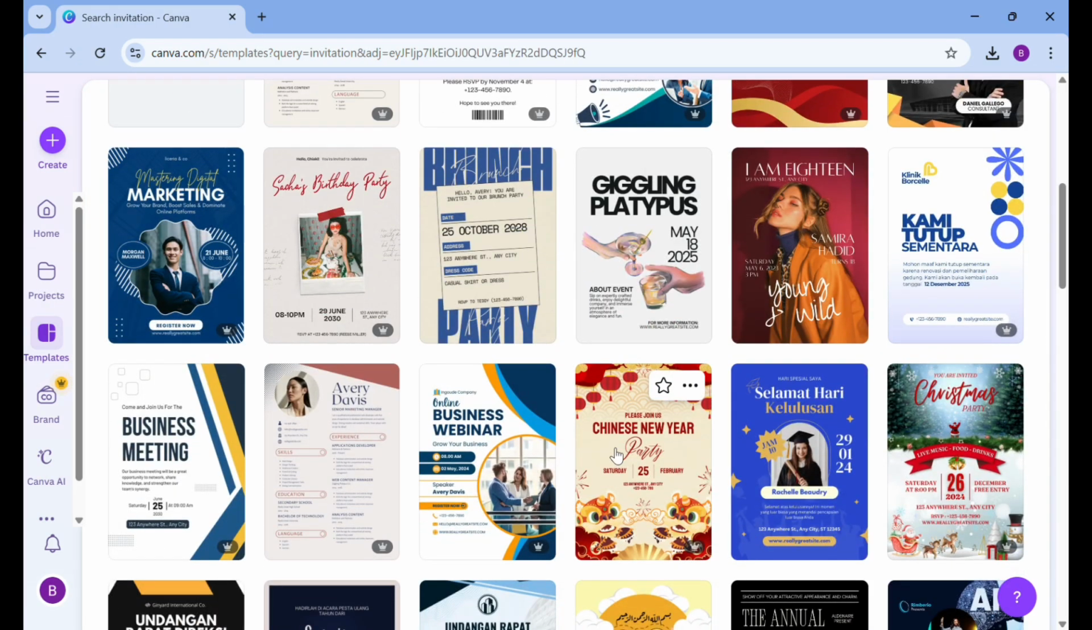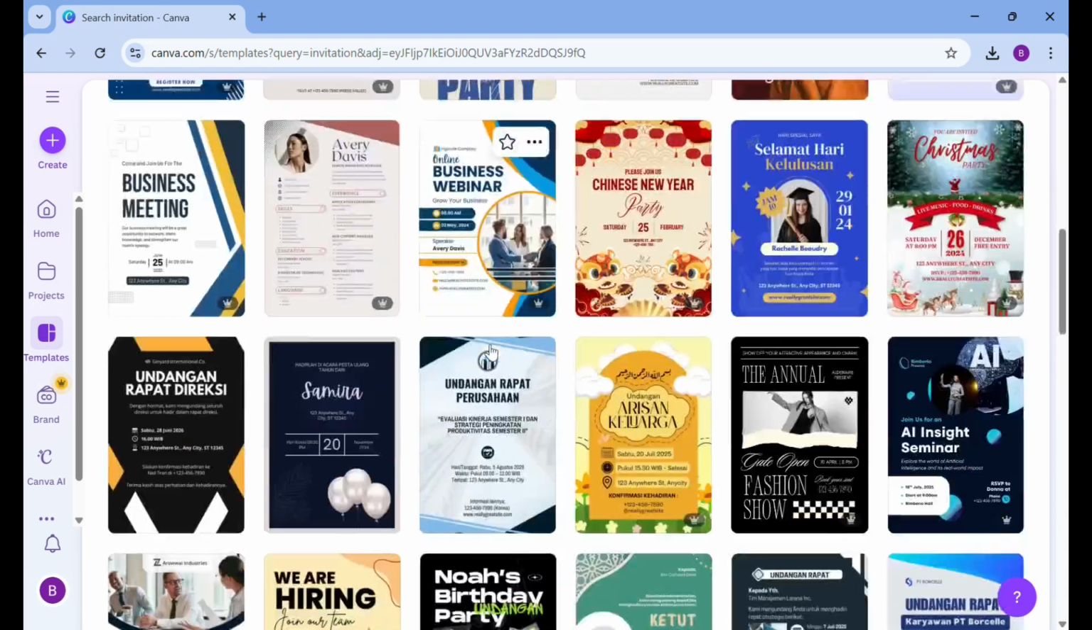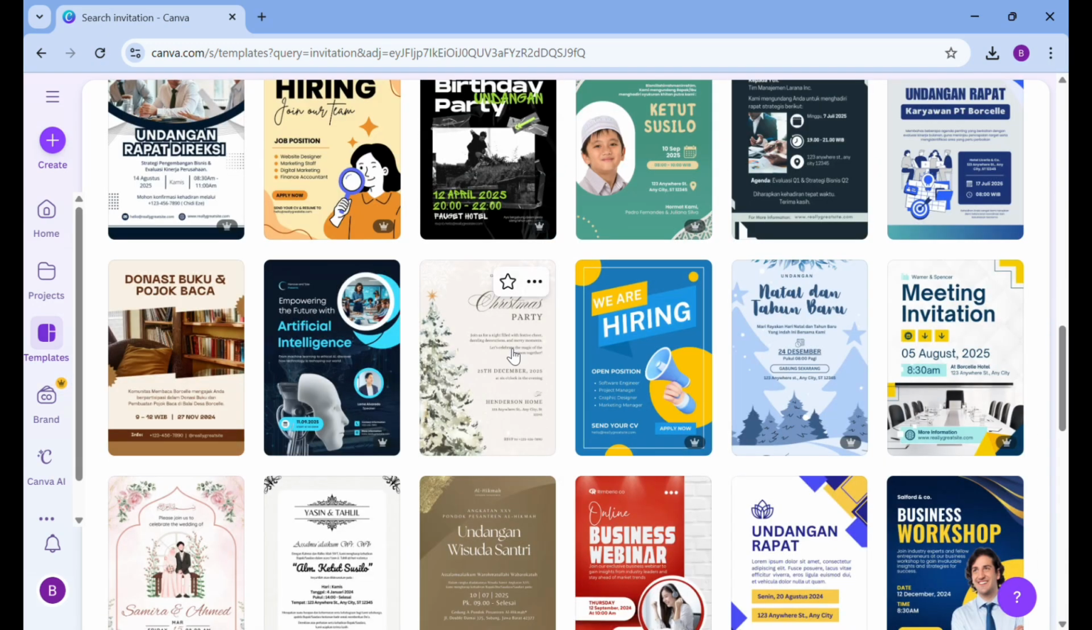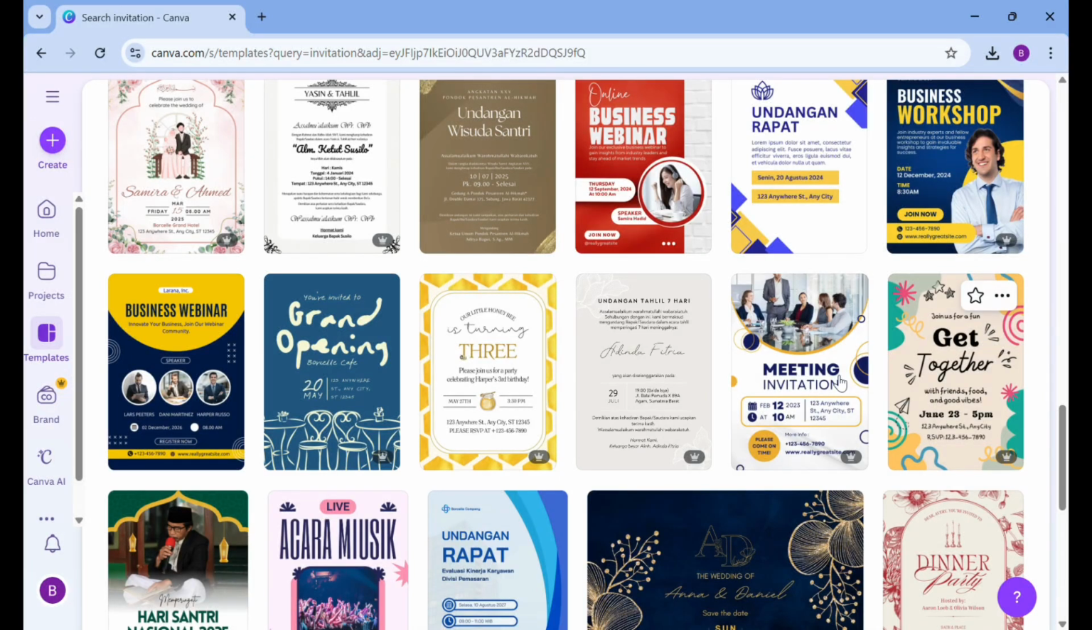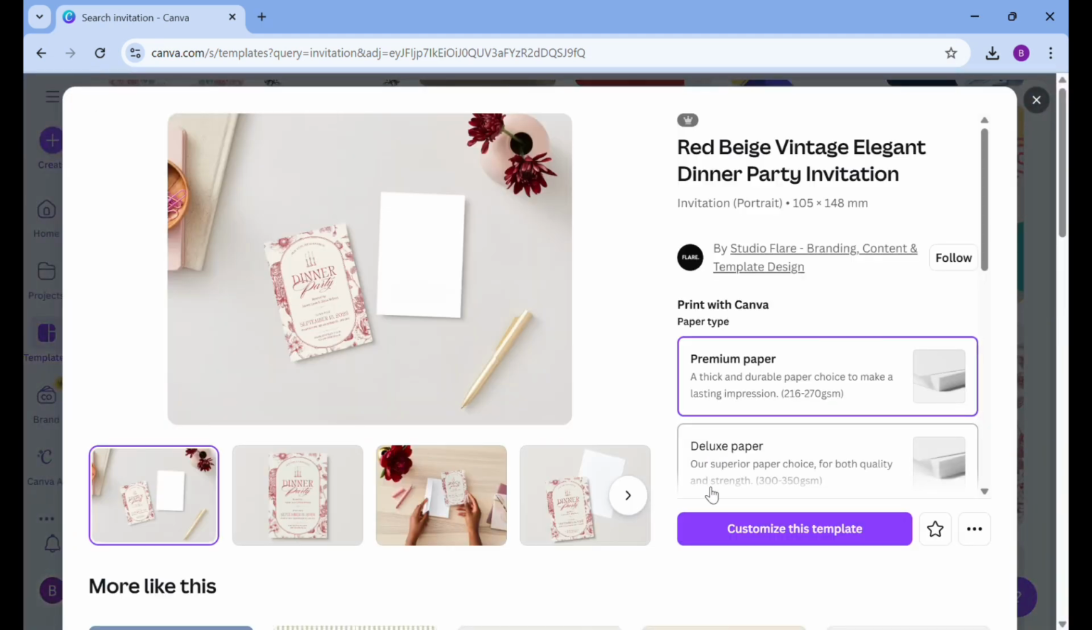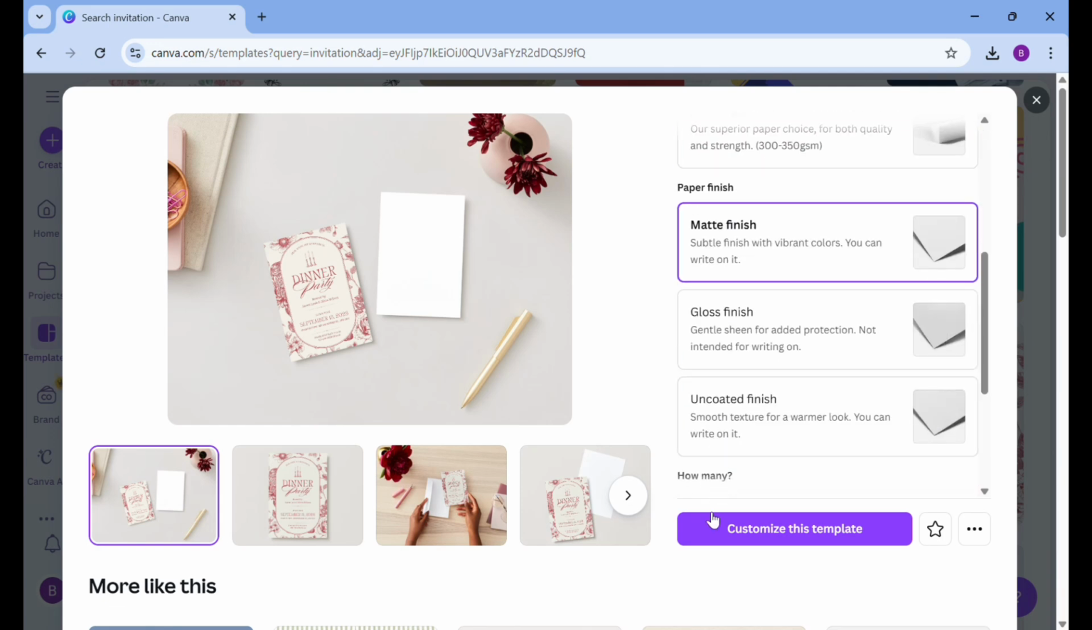Like this, you will see tons of ready-made invitations template, like for the event, or maybe for the party, wedding party, and many more. Just choose one template that match your event. For example like this, just choose one, and then next just tap on the custom this template